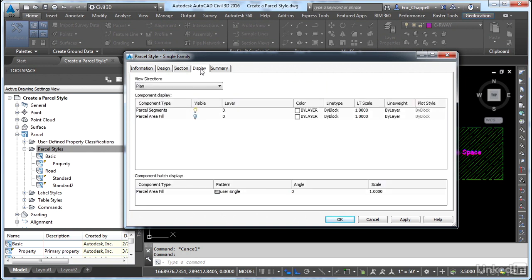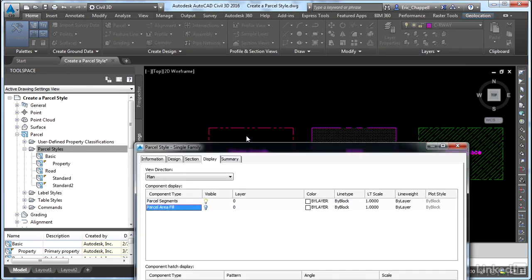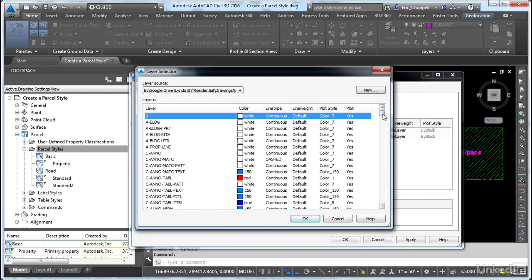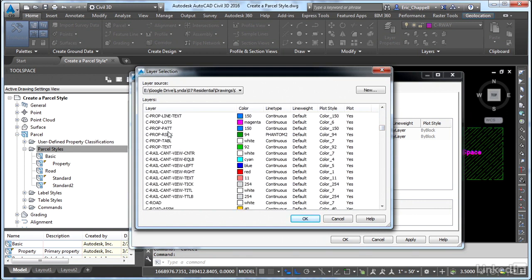For every style that you configure, you're going to have to go to this tab and make some selections. So on this display tab is where it breaks down the object into its different components. What can you display, and how do you control the properties of how those things are displayed? Parcel objects are pretty simple. There are only two components, the segments and the area fill. Remember, for this particular style, we don't need an area fill, so we can turn that off, and you can see it's already turned off. But we do need to define the layer, and as you may recall, that is C prop line. So I'll choose that layer,